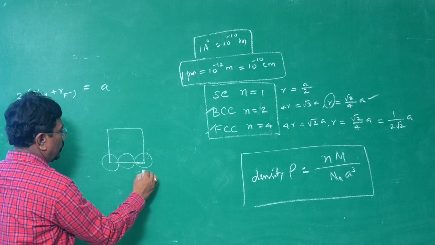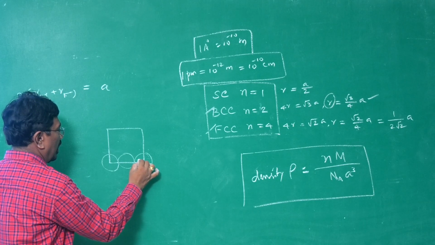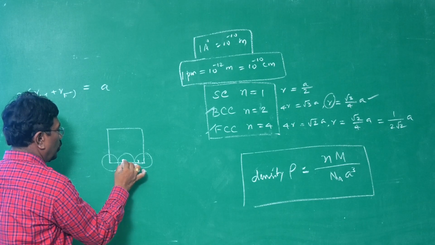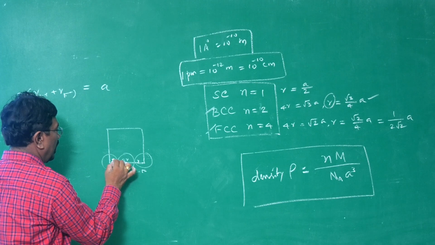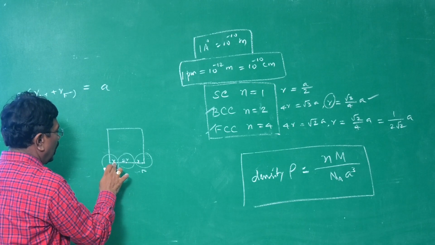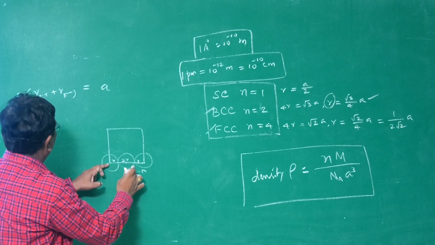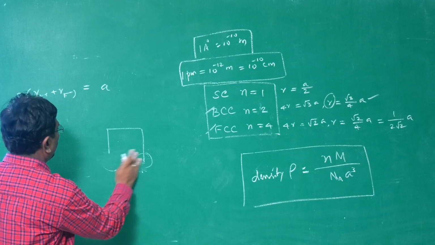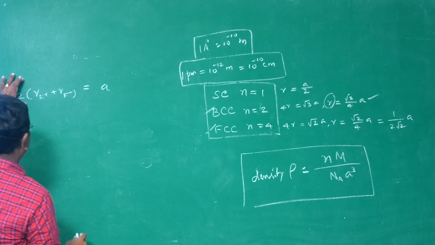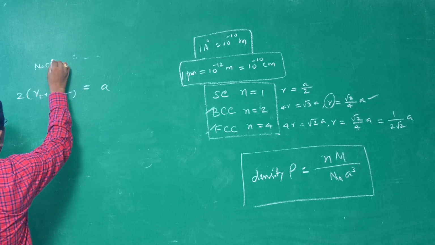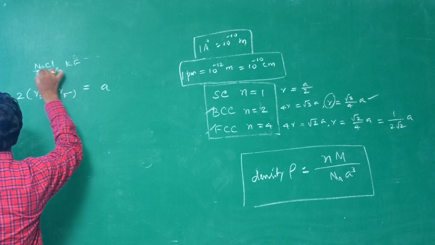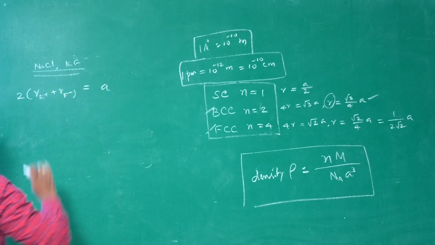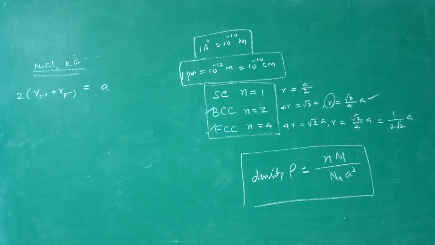If it is fluoride ion, R. If it is potassium ion, 2R. If it is fluoride ion, again R. So R F minus, 2 R K plus, and R F minus together will be equal to A. That is the case for sodium chloride crystal and potassium fluoride crystal. That you should understand first. That is the main idea behind this chapter. So KF crystallizes in FCC structure like sodium chloride.